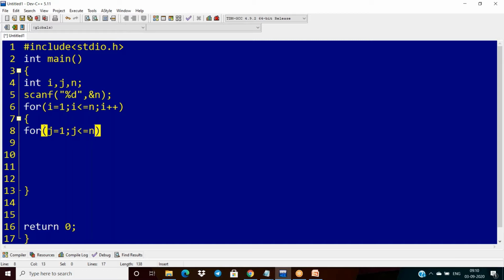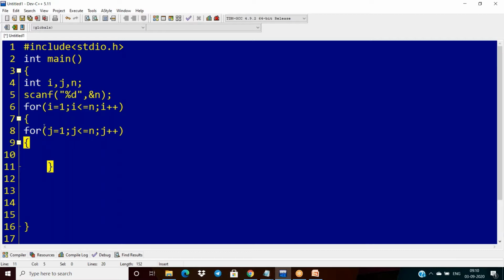I want to print 1 to 5 numbers, and n will be 5, which is why I'm taking j less than or equal to n inside the condition. Then I am writing j plus plus.